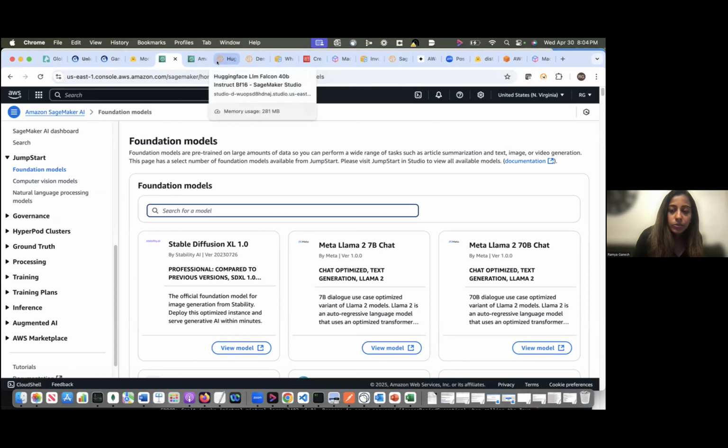Yes, that's a good question. Most of the research goes into deciding which model to use, because there are many models which will serve your use case, but there will definitely be some differences. For example, there was one model that I was looking for in Hugging Face, which would do code summarization, but it was just doing a code summarization based on one repository, but I was looking for a use case where it can do a code summarization from different repositories. So that was not there. That is something that research has to be done on.